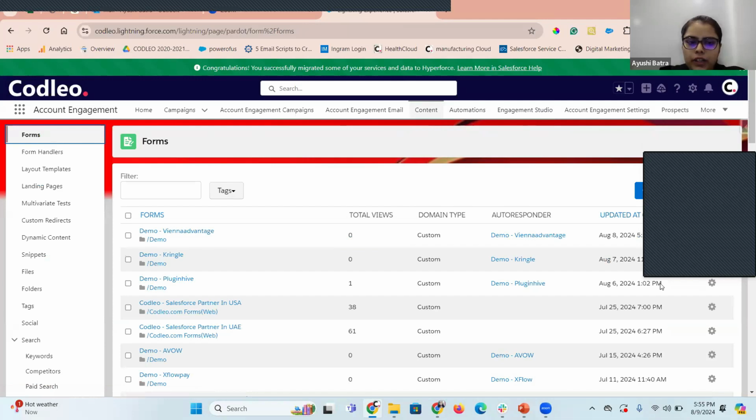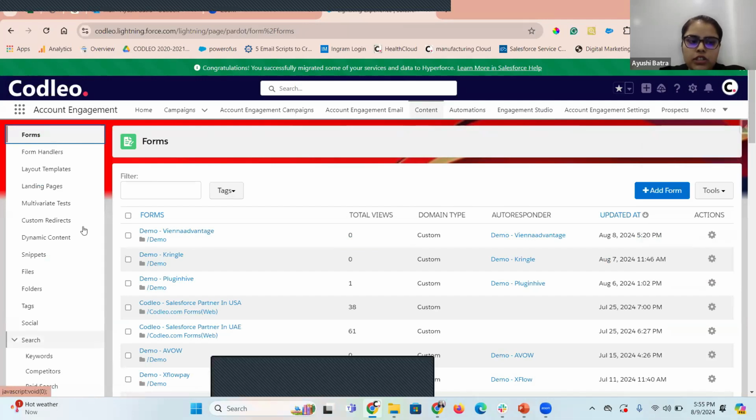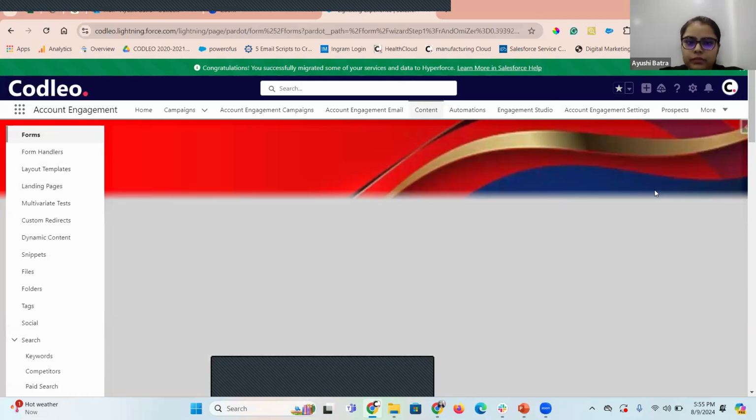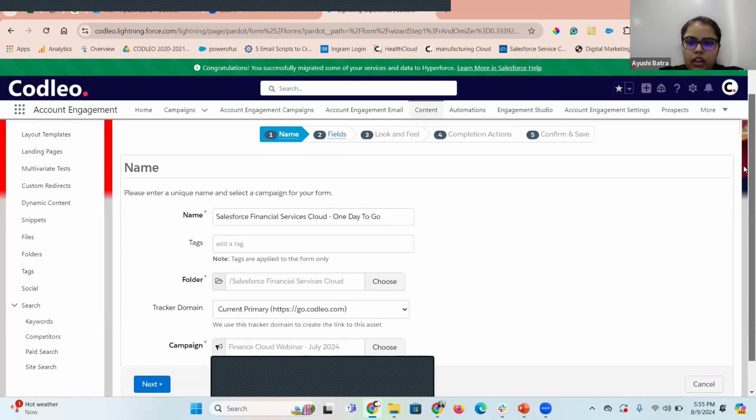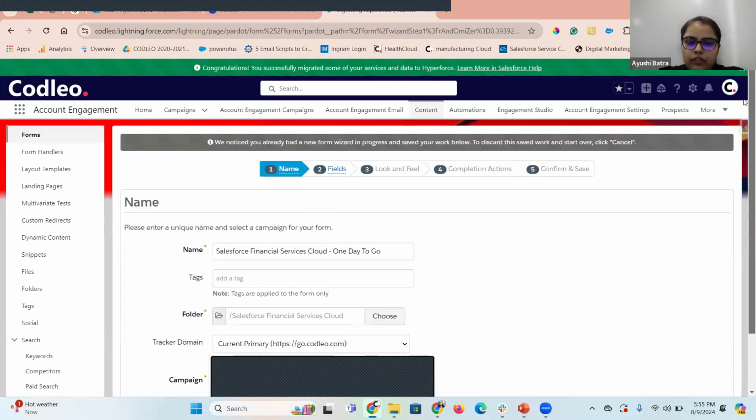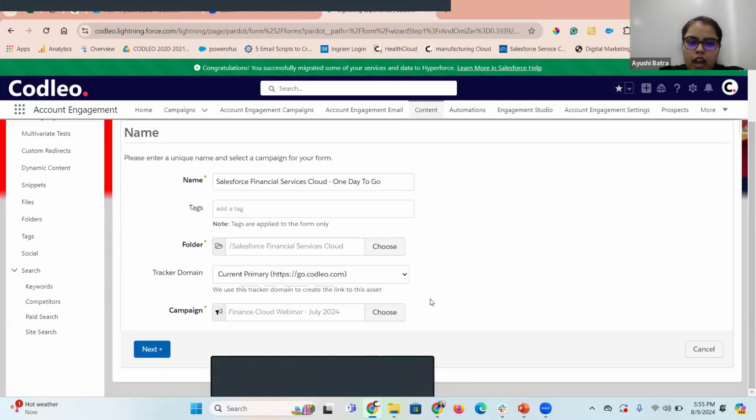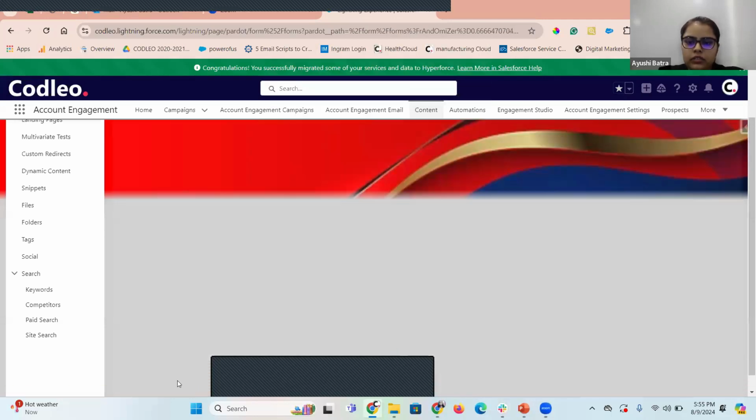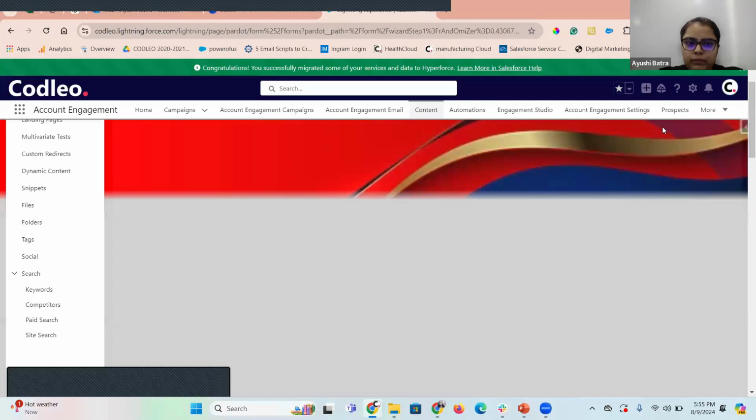When you go into the content tab, there are certain options available on the left hand side, the forms, form handlers, and to simply create a form, you can click on the add form and you can simply create a form. Click on the add form.